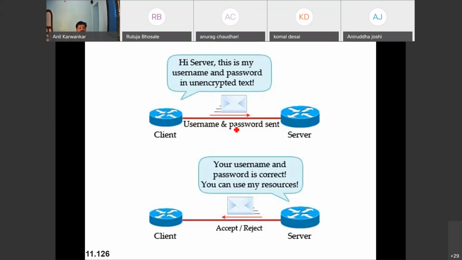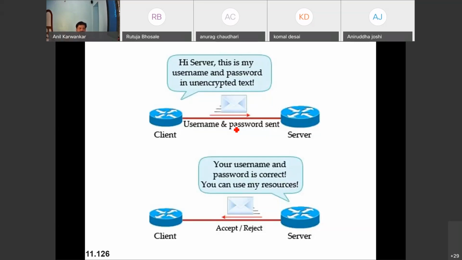You can now use my resources. The client will get the information from the server whether your request for plain authentication is accepted or rejected. If authentication fails, the server denies utilization of the resources. That is, you are not at all connected to the network. That is the simple configuration associated with password authentication protocol, PAP.